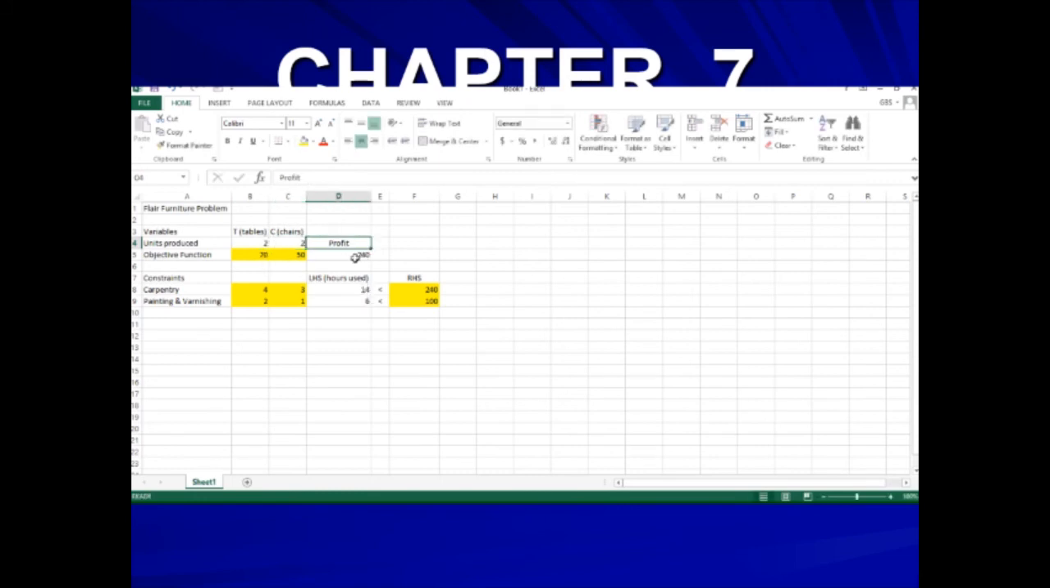We can see that the profit has changed to 240, and the LHS has changed to 14 and 16. So basically, if we will not be using the solver, we can just make a trial and error here, put some values until we reach an LHS of 240 and 100, since the condition for this problem is the carpentry hours should not exceed 240 hours per week, and the painting and varnishing should not exceed 100 hours per week. So that's it. So we'll delete this one, and then